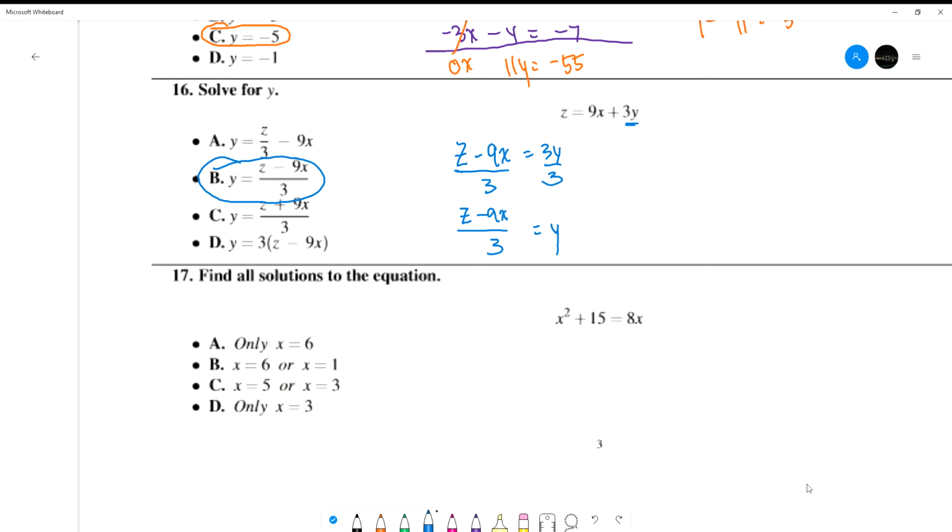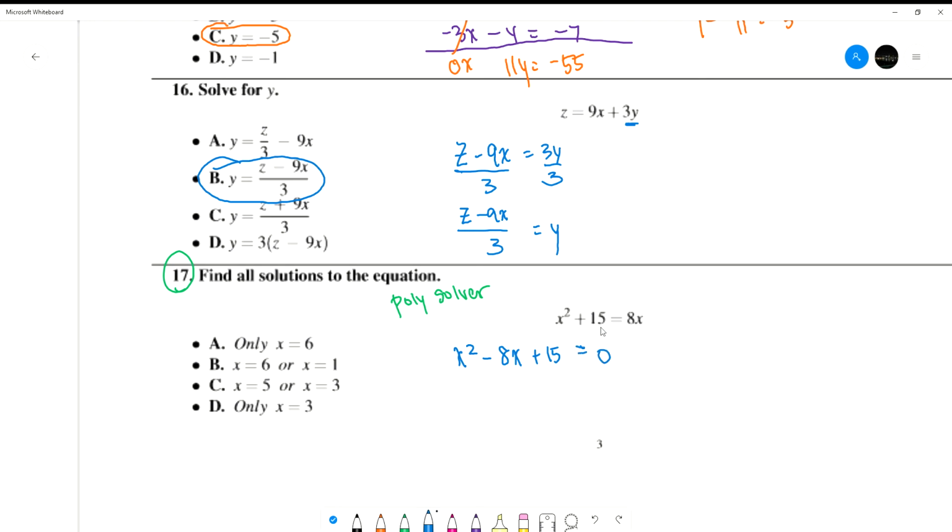All right, number 17. This one is actually a calculator question. You can do this as a poly solver, right? So take a look at that. But otherwise, it's a quadratic equation, right? So quadratic equation, the way you solve those, you have to first set it equal to 0. So I got x squared plus 15, right? So let me actually subtract the 8x on both sides. So minus 8x plus 15 is equal to 0,